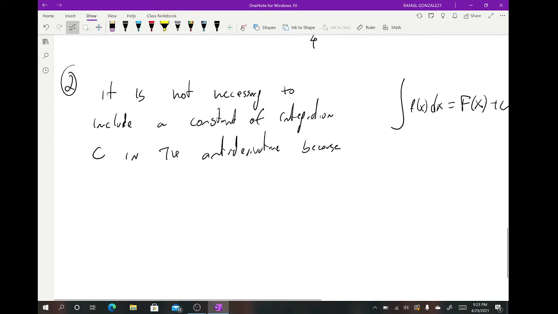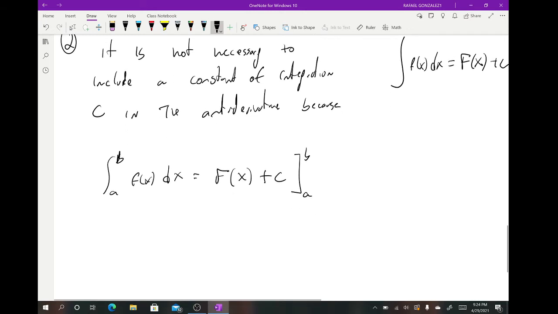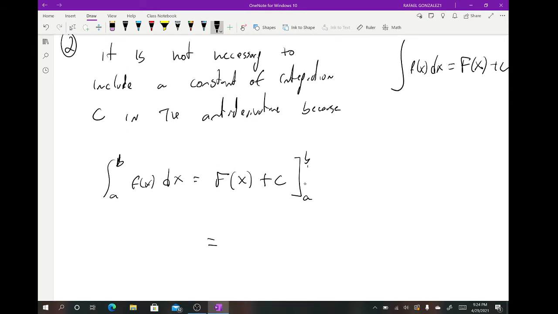So when you take the definite integral from a to b of f of x dx, that is equal to capital F of x plus c evaluated at a and b. But now, if we actually do this evaluation, what we have is F of b plus c